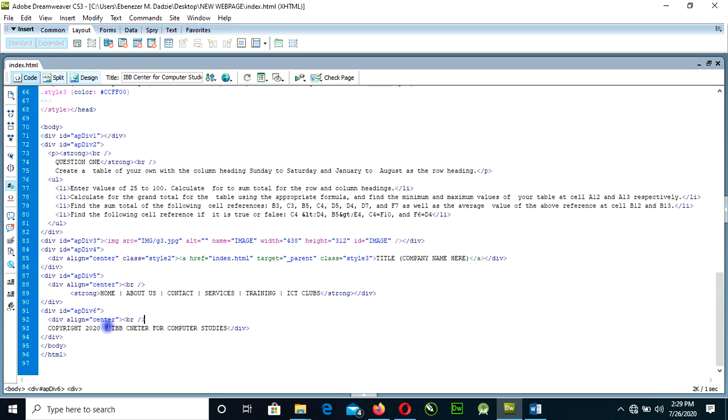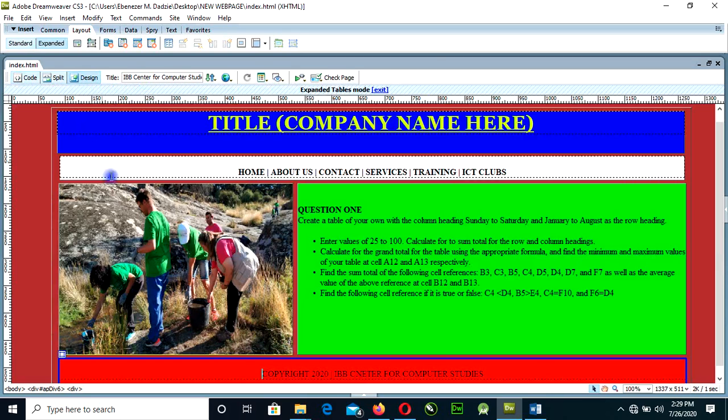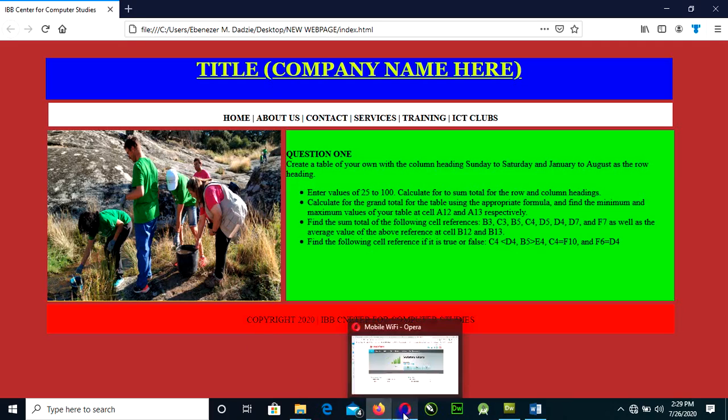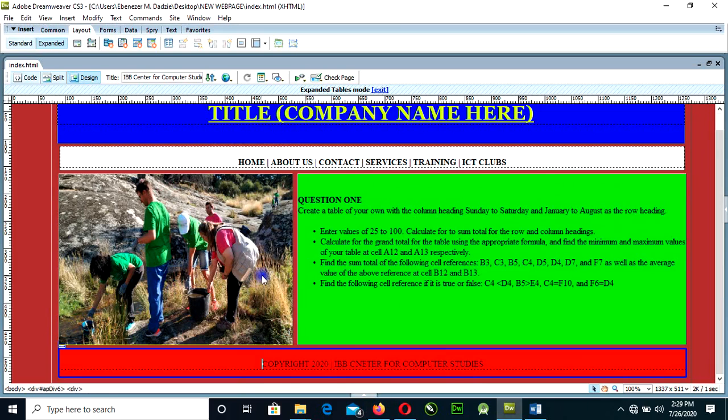We'll be continuing in the other video, so you just have to go through step by step. Right now we're done with the index, which is our first page. When you come to the browser too, you can see we have the page designed nicely. So this is how Dreamweaver works. Dreamweaver works in this order. If you have any question, you can bring it out and we will sort things out. So this is how the web